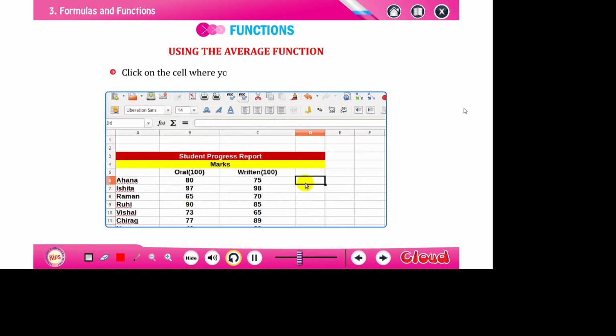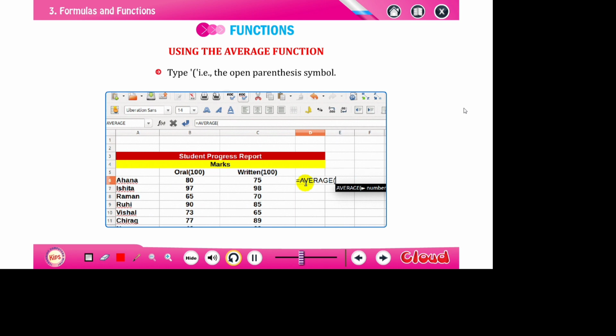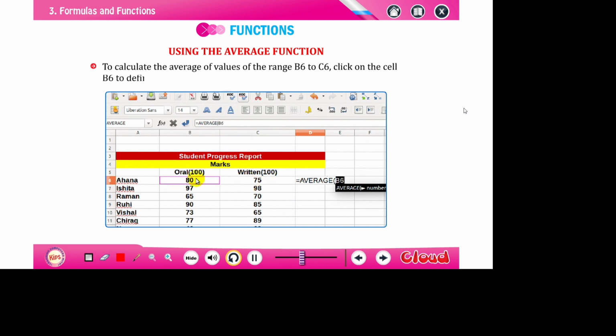Using the average function. Click on the cell where you want to place the average of values. Let us say D6. Type the equal to sign. Enter the function name average. Type the open parenthesis symbol. To calculate the average of values of the range B6 to C6, click on the cell B6 to define the